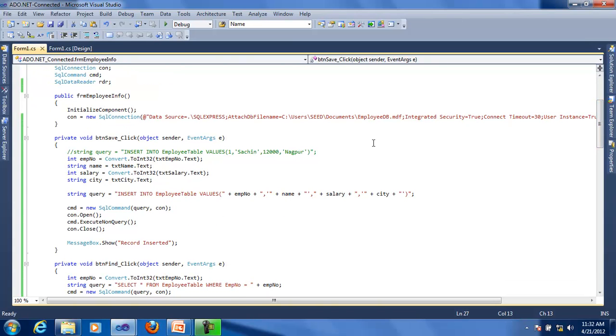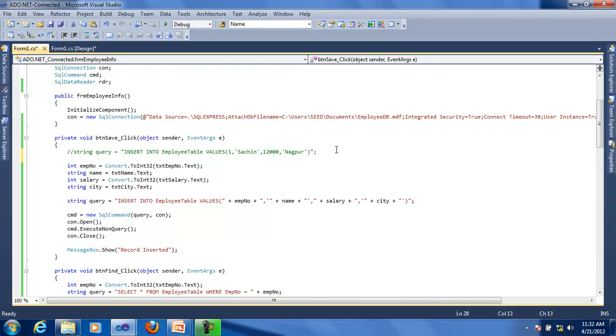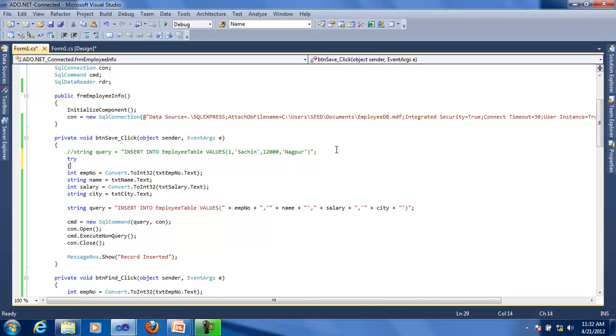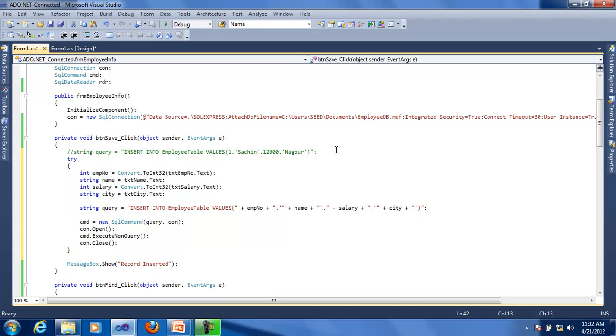Double click on the save button. Here we'll use exception handling and a try catch block. We can put this block in the try block and in catch,